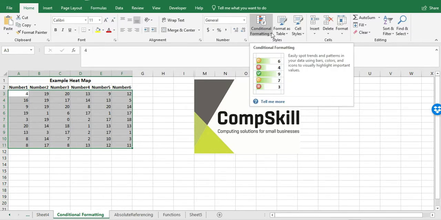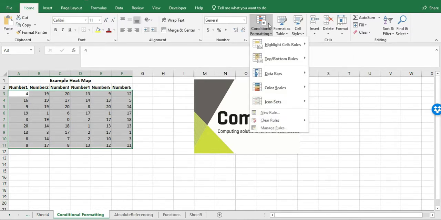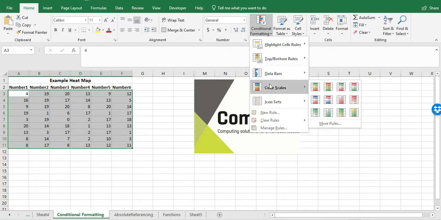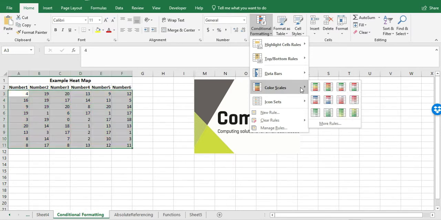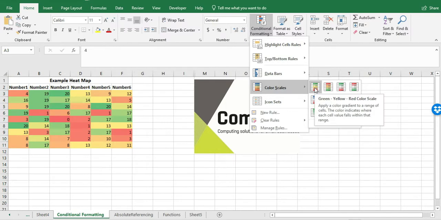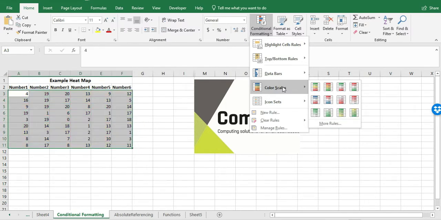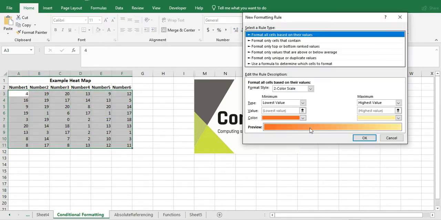conditional formatting, click on the drop down arrow and go down to color scales, and I select, as you can see, where you select a data scale it applies different formatting colors to the range depending on whether high, low or whatever. What I want to do is make it more like a traditional heat map, so I'm going to go down to more rules and I'm going to say that the highest value,